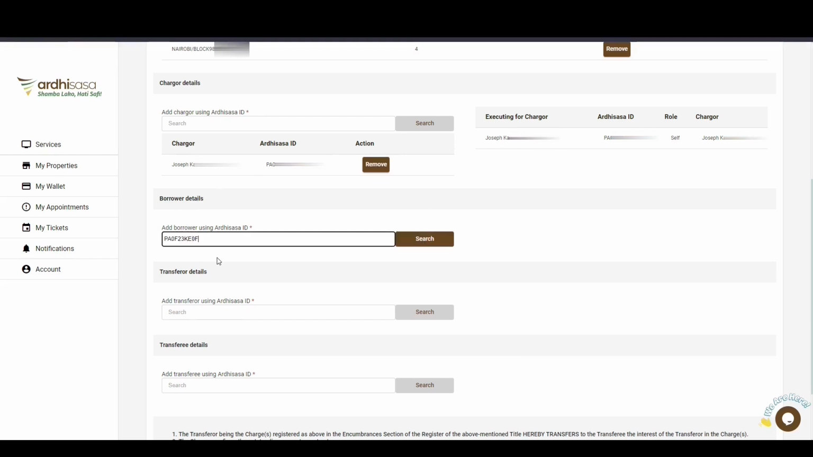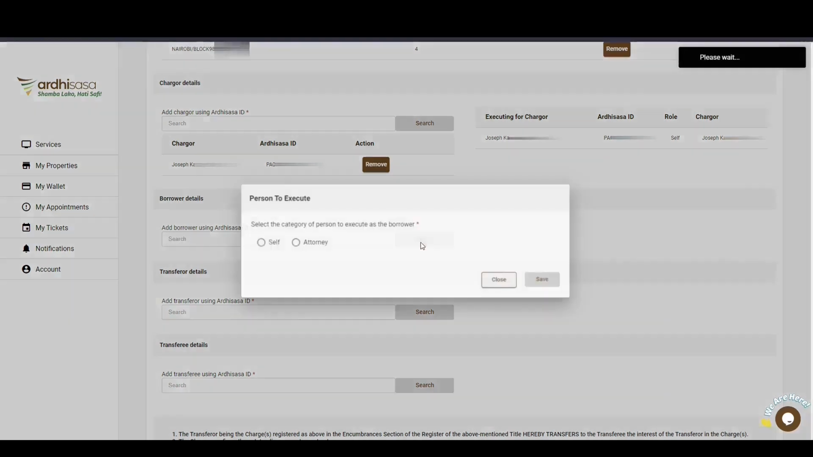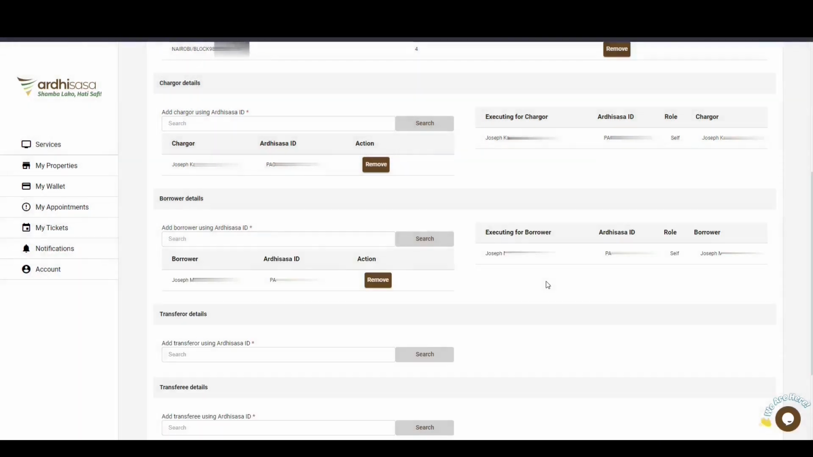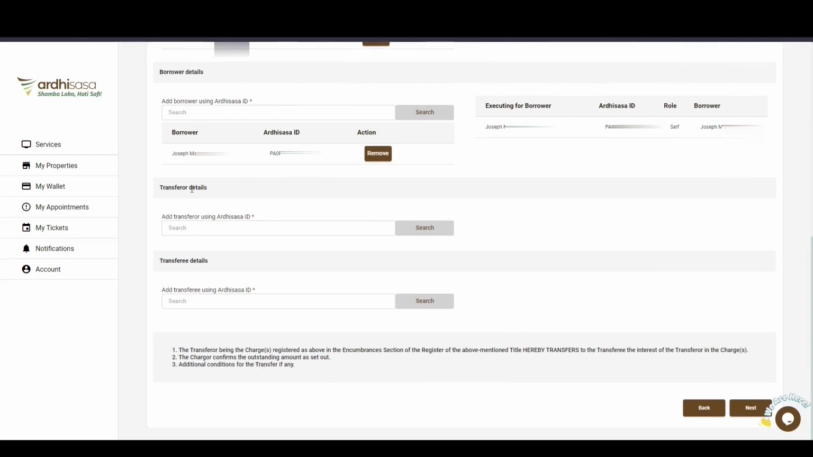The process is similar to that of the chargor details, and yet again, we'll be going with the self option and then click on Save. And the details of the borrower as well as the person executing on behalf of the borrower will be listed. Next up is the transferor details. Here,